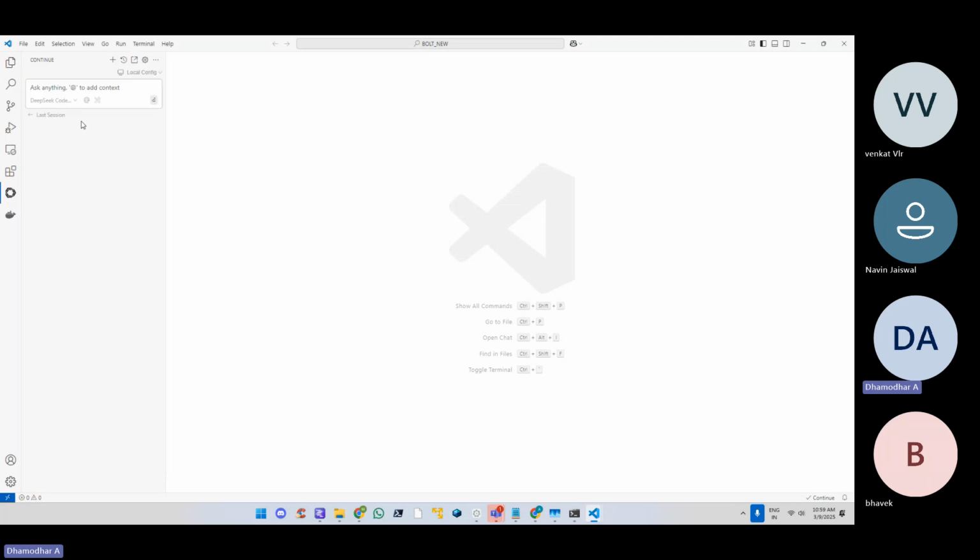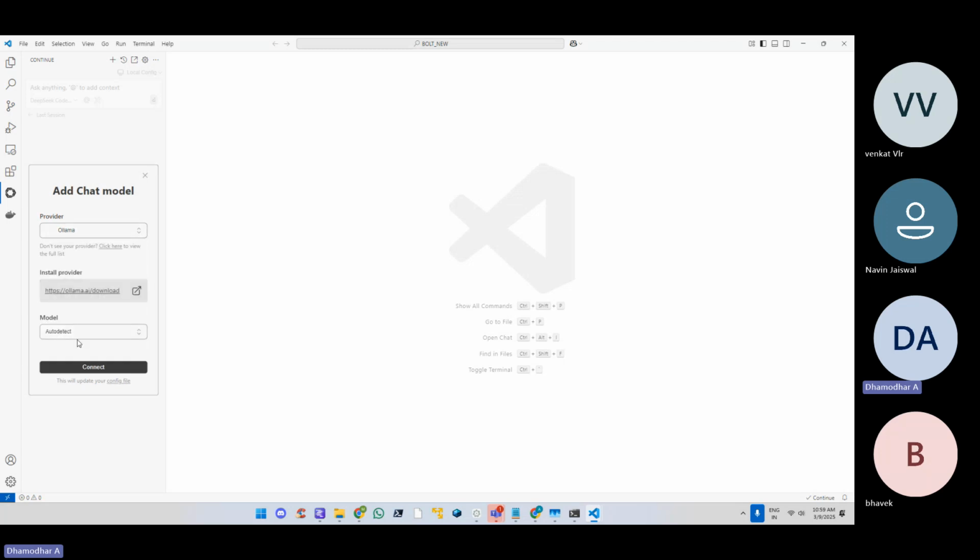So let me click on this. I have already selected DeepSeek Coder here, DeepSeek Coder 16 billion parameter. By default, this is going to be Sonnet something, a Claude model. So in order to select the Ollama model, what I did here is, I need to click on Add Chat Model, go here, search for Ollama, and then select the models that you have. It is going to match exactly